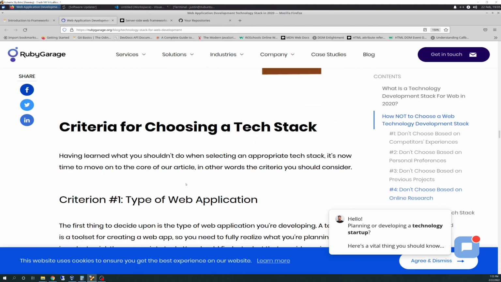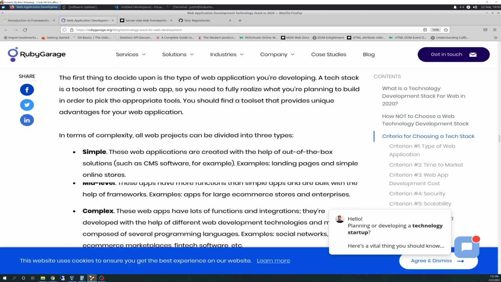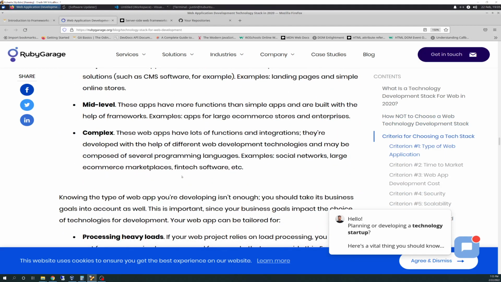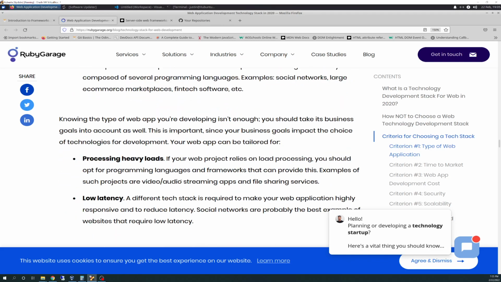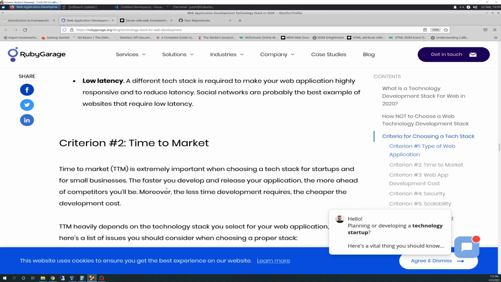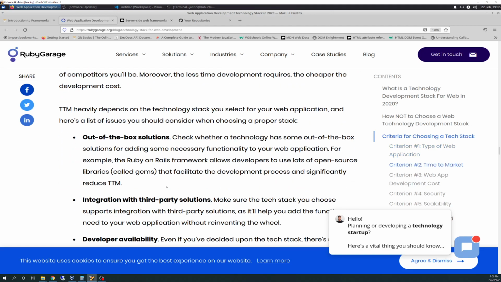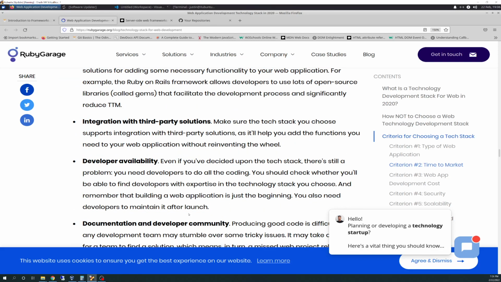And then they say here's the criteria for choosing a tech stack. You want to choose based on your app. Is it going to be a simple app, a mid-level, or a complex app? Is it a heavy processing load or a low latency need? Time to market, basically how much time do you have? Do you want out-of-box solutions or integration with third-party? Developer availability,